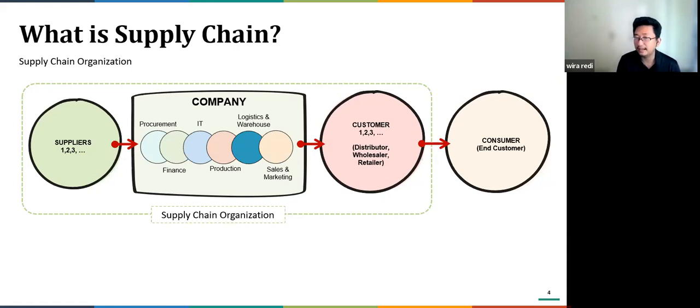For example, sometimes some organizations put procurement under the supply chain department, and then this department will deal with finance, will deal with IT, as well as production. Okay, sometimes logistics and warehouse are also included in the supply chain department, and then they will deal with sales and marketing and then production. Okay, so basically now it's very common to have a supply chain management department in the company, because in business, it is getting more and more recognized that supply chain is important for the flow of your business. Okay, and